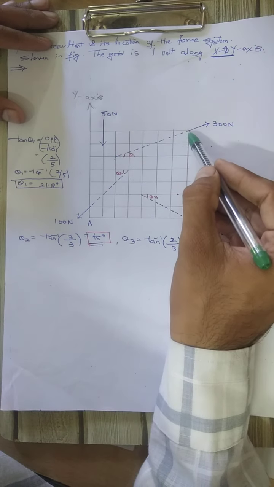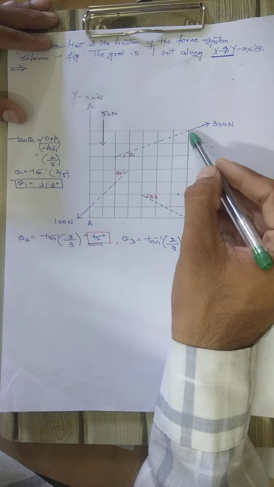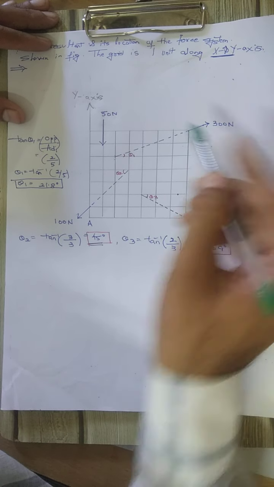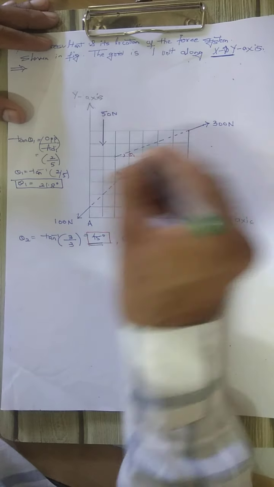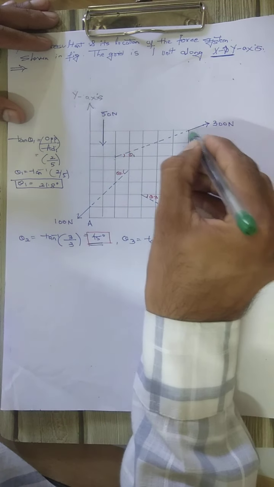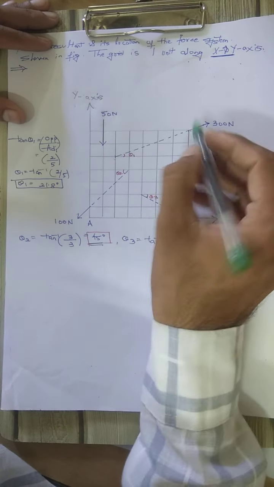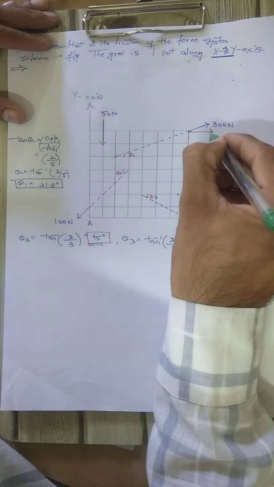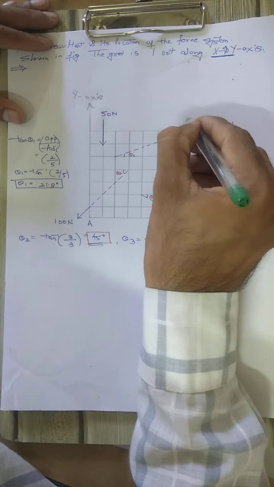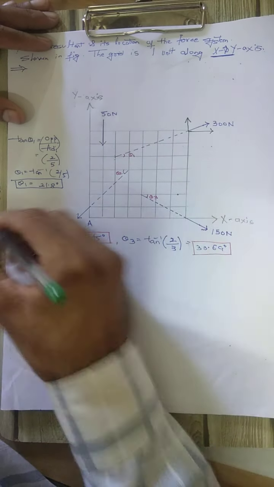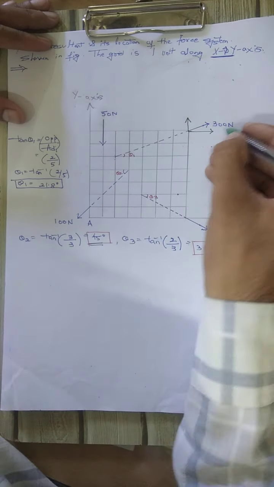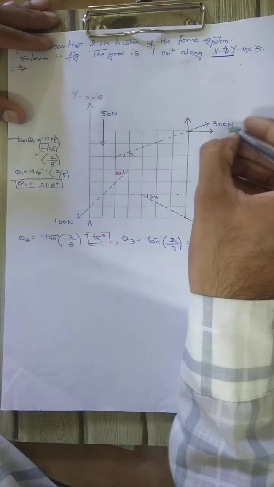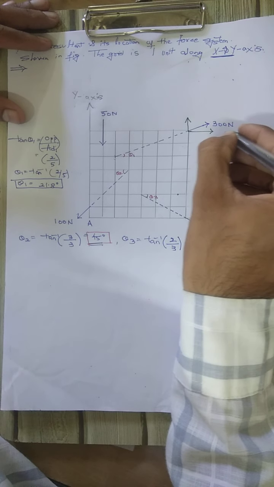Okay. But for convenience, as it is mentioned at the corner point of this grid, so we will resolve at this point. Okay. So for convenience, you can resolve at starting point or end point. That is the intensity will be same, its effect will be same. You can resolve along at the tip or at the starting point or at the end point. Okay. So theta 1 angle made with the horizontal x-axis, therefore it comes to be